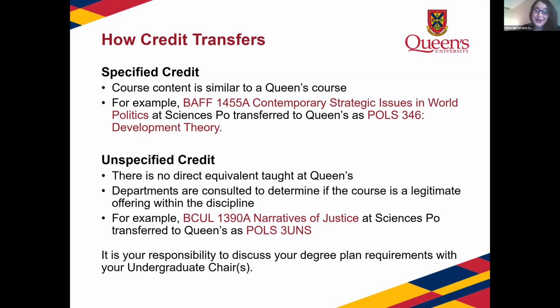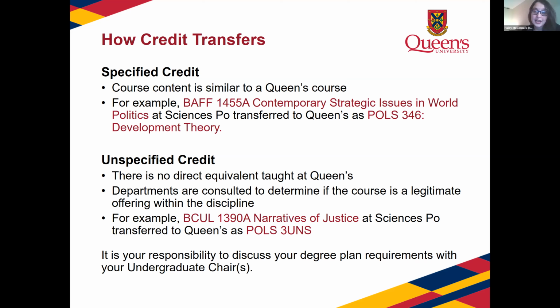What also happens pretty often is that students will transfer unspecified credit. This is an instance in which there is no direct equivalent taught at Queen's. So what we do is we consult with the departments to determine if this course, which doesn't have an exact match at Queen's, is still a legitimate offering in the discipline. And we've got another example also in politics from Sciences Po. So a few years ago, a student took a course called Narratives of Justice, and the undergraduate chair in politics